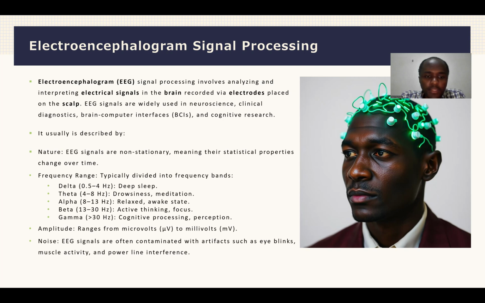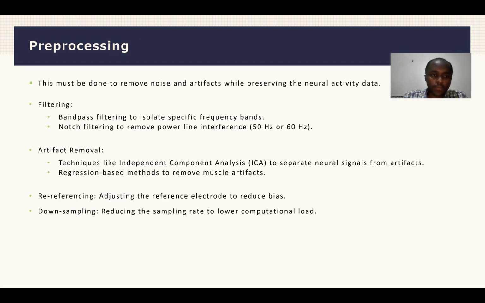So to proceed to the next part, which talks about the noise. The EEG signals are often contaminated with artifacts such as eye blinks, muscle activity, and power line interference. So that's basically it, where it's contaminated by biological and environmental artifacts. So proceeding to the next part that talks about